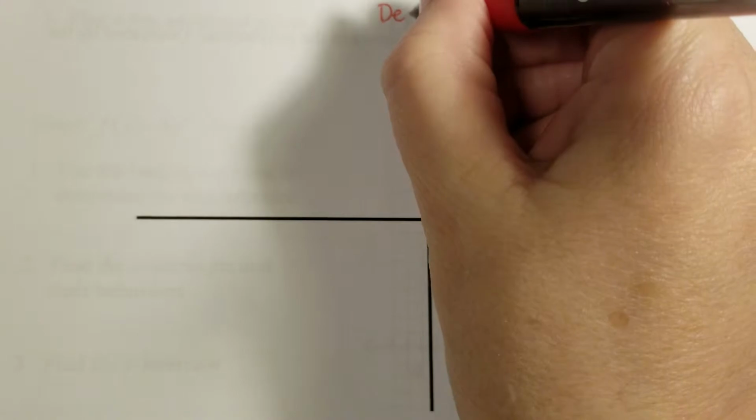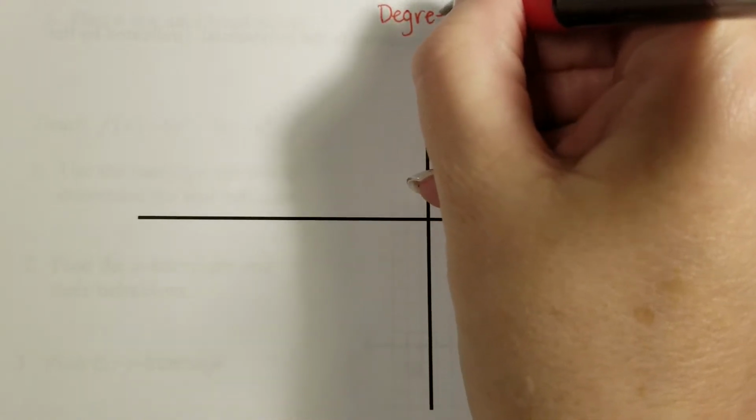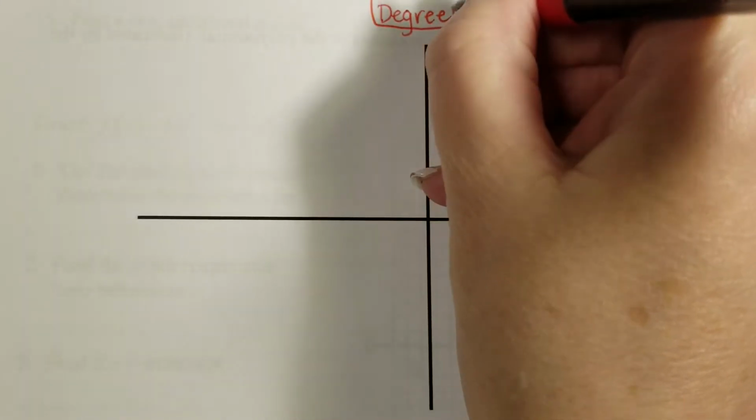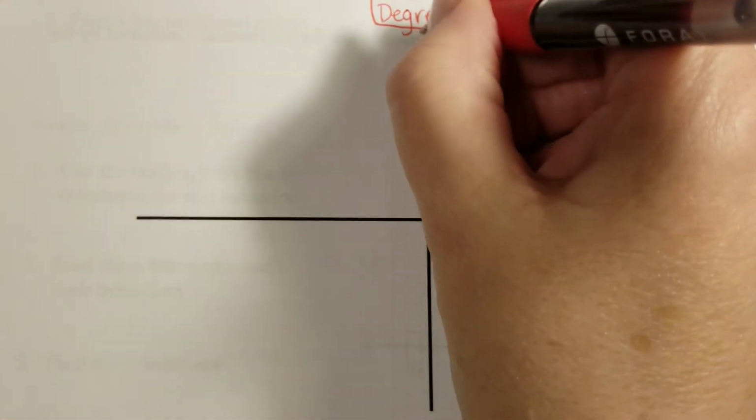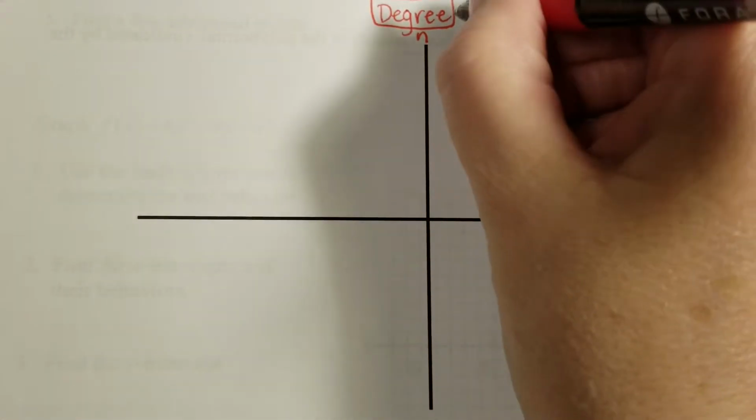So when you're using the leading term test to determine the end behavior of a polynomial function, there's a couple of things that we are going to be looking at. The first thing we're going to do is look at the degree of that leading term. There are two possibilities in our determinations. That degree, which we also call n, can be